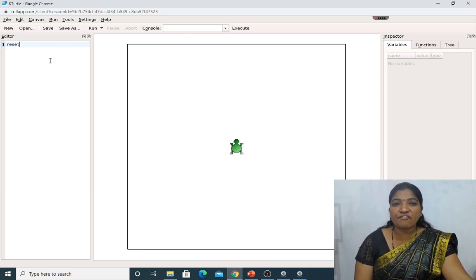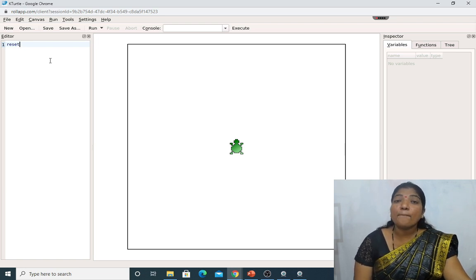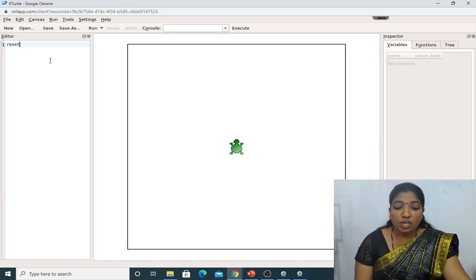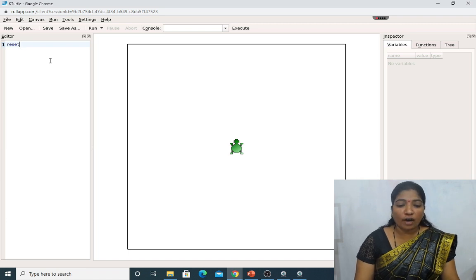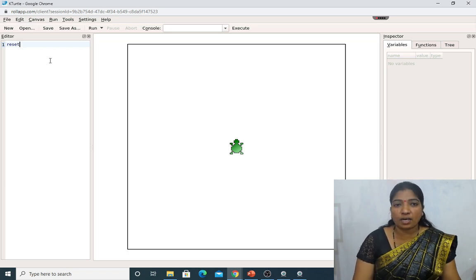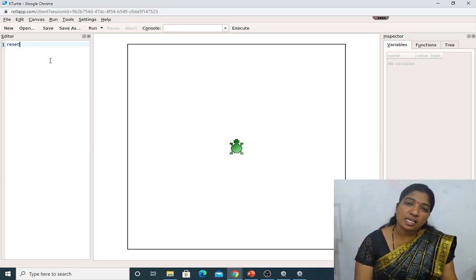The number specified along with the font size command is the size of the font in pixels. As we all know, a pixel is nothing but a single dot present in the canvas editor or on the screen of a computer system, that is, on the desktop. So we will be making use of the font size command. This is the third topic in the 6th chapter, the font size command.